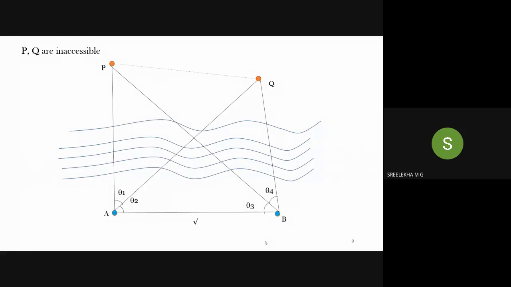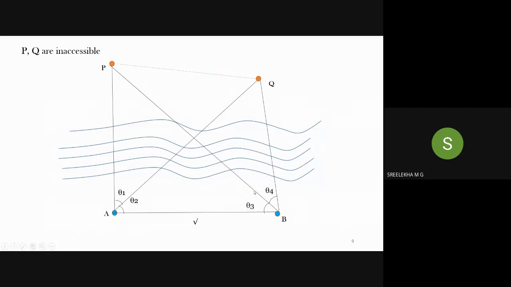Whatever about the point A, there should be a ranging rod placed. You can place a ranging rod at the point A, and now at the point B, there is a theodolite station. And now you have to again measure the angle between. Can you see these angles I have marked here? You see instrument station B, this angle theta 3 and this angle theta 4. You have to measure these angles.